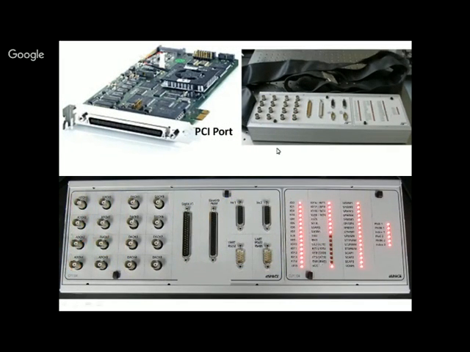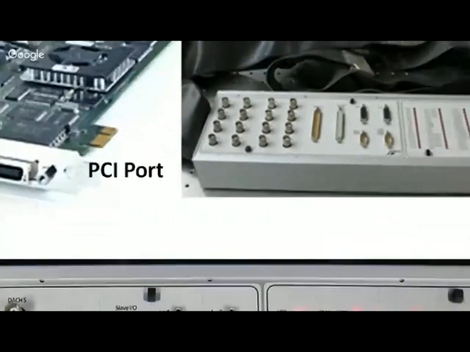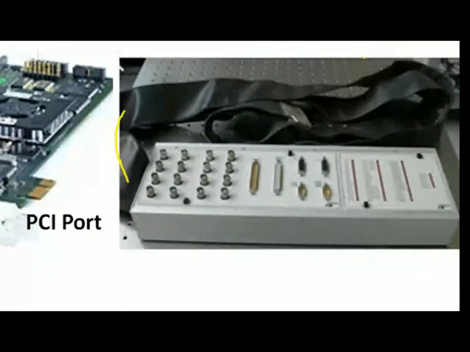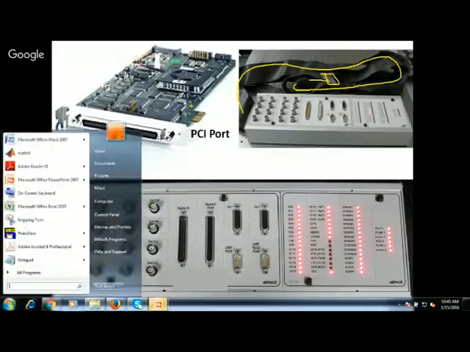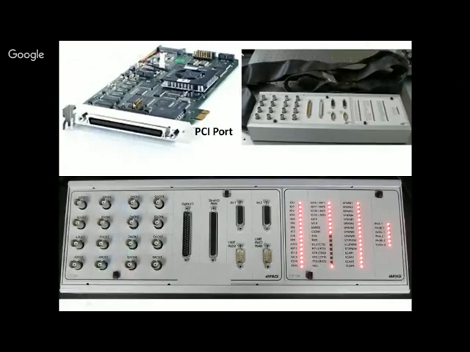Okay, so now as I already told you, this is the PCI port. You can see here a cable is connected to the D space. The other end of that cable, you will be connecting to this PCI port. And this PCI port will be kept inside your CPU. Your CPU should also have a PCI port, and you will be connecting the processor to it. So outside there are only input output ports, but your processor will be connected inside your CPU.